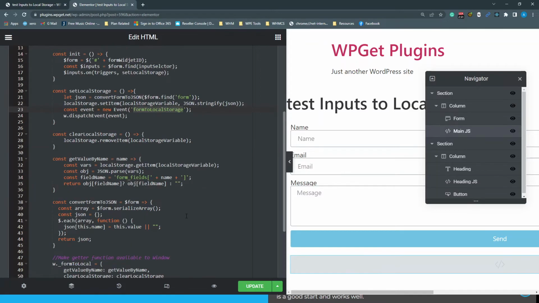I've also made a clear local storage function so we can delete the local storage if it is no longer required. So it could be when you close your popup, or you might have a reset button or a clear button, or whatever you want to do, and it clears this out so that it's done. Okay, we then have a